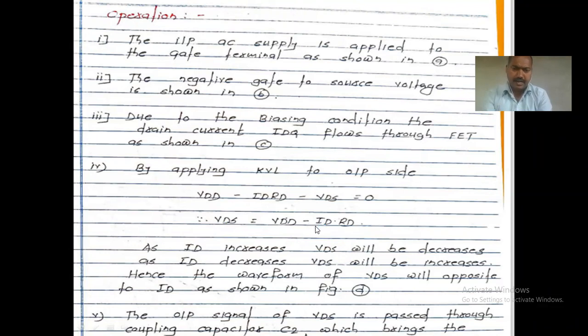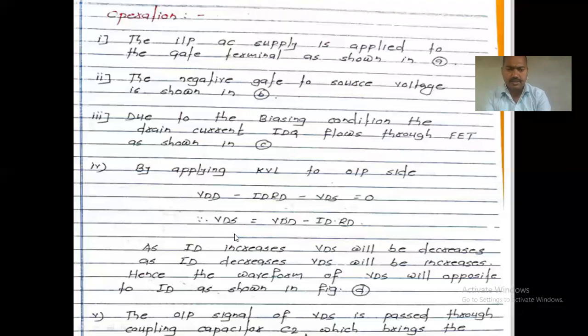पहा, जर ID ची व्हॅल्यू वाढली तर काय होणार आहे, समजा VDD 10 आहे, कन्सिडर करा 10 आहे, आणि ID ची व्हॅल्यू समजा 2 आहे, बरोबर आहे? सुरुवातीला 2 आहे आणि ती वाढून 4 झाली, म्हणजे आता 10 वजा 4 6 झाली, जी VDS ची व्हॅल्यू कमी झाली. समजा ID ची व्हॅल्यू 1 आहे तर 10 नाही गेलं 9, म्हणजे ID ची व्हॅल्यू वाढली की VDS कमी होणार आहे. ID ची व्हॅल्यू कमी झाली की VDS वाढणार आहे.